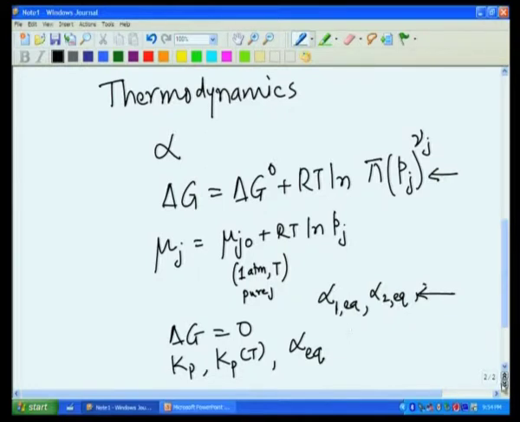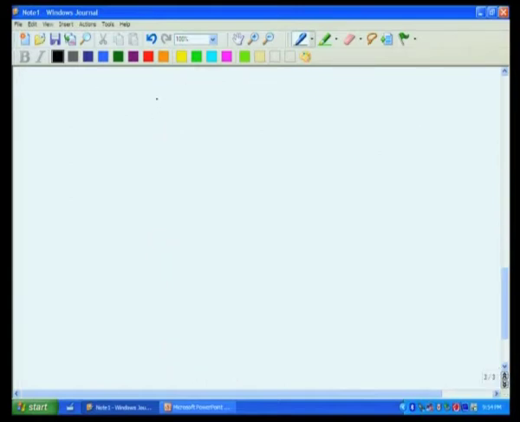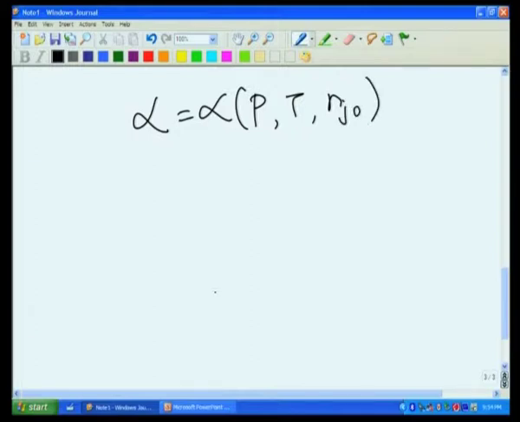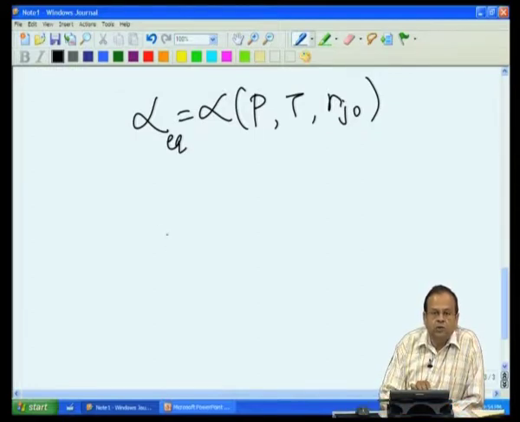We also saw how this alpha changes, for example, how this alpha is dependent on the pressure of the system, is dependent on the heat of reaction, or rather how it is dependent on temperature, how it is dependent on the initial moles of the system and so on. So, the idea was that we have alpha equilibrium, and how can we change this equilibrium value of alpha, because if it is a reversible reaction, alpha E is some finite value.